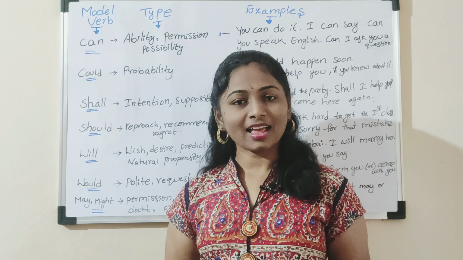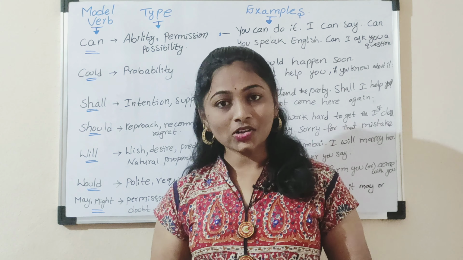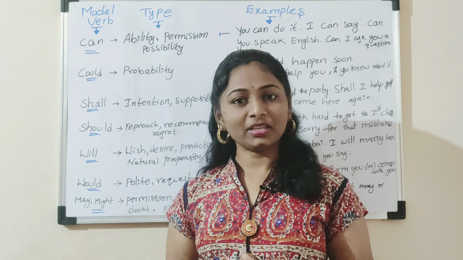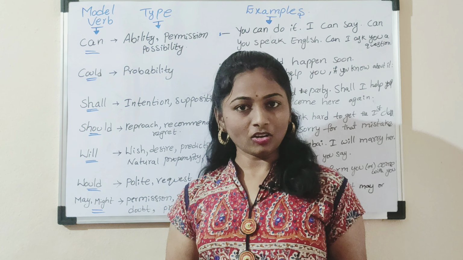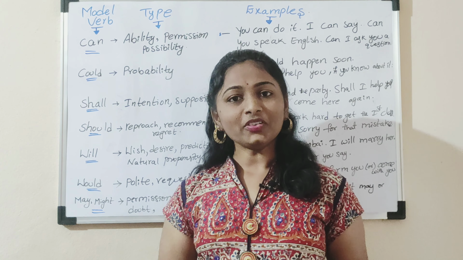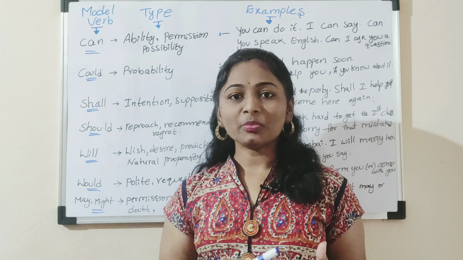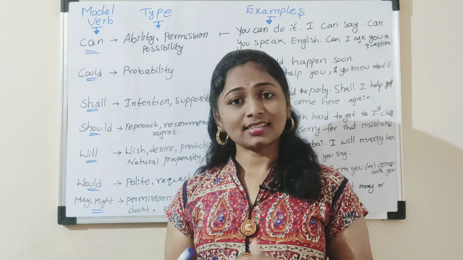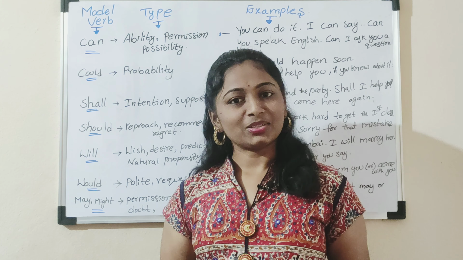In this 12th day class, our topic is modal auxiliary verbs, which are very important to develop our English speaking and also for all competitive exams. We know very well that in a sentence, the verb is performing as the main character. For that, verbs have two types: principal auxiliary verbs and modal auxiliary verbs. Principal auxiliary verbs are is, am, was, were, have, has, had, do, does, did, and so on.